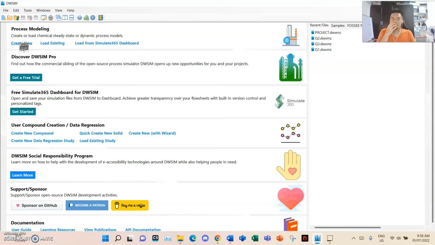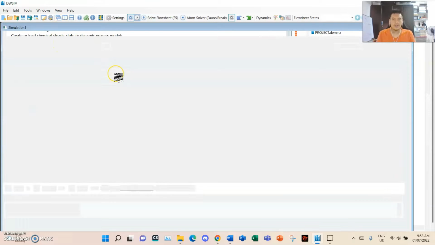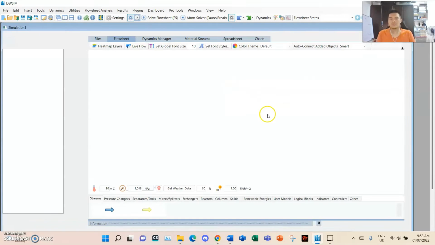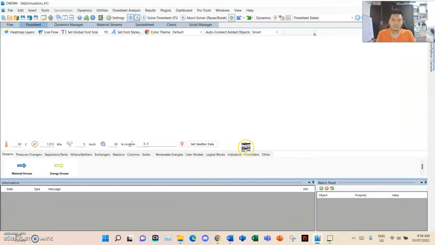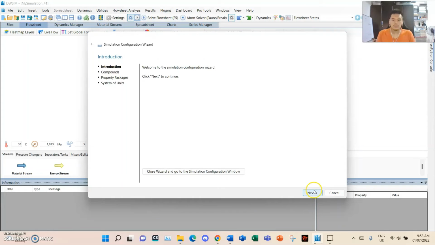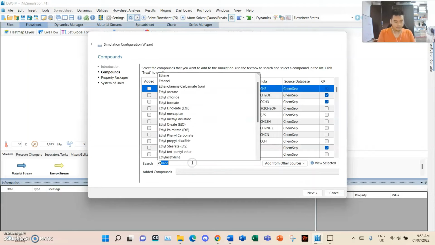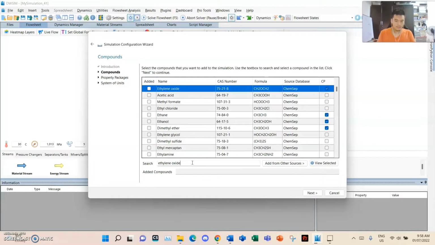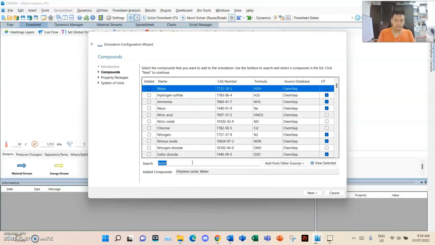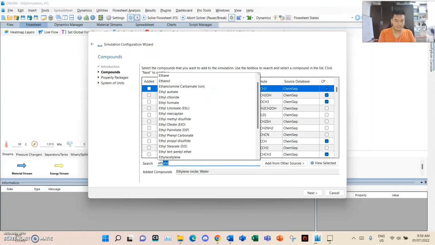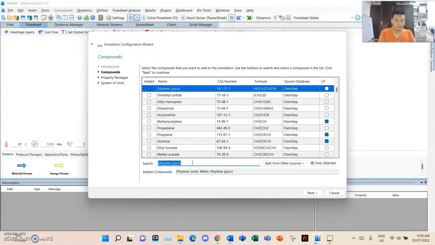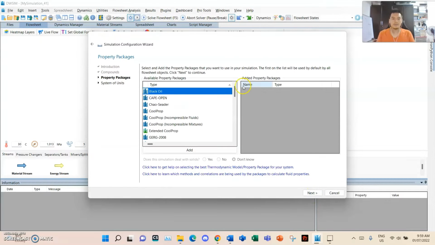So we create a new process model in DWSim. Wait for it to load a bit. And then we'll do the general procedure with regards to DWSim. So we'll click next, and then the compounds are ethylene oxide, water, and ethylene glycol. Alright, next, the property package is Raoult's law,